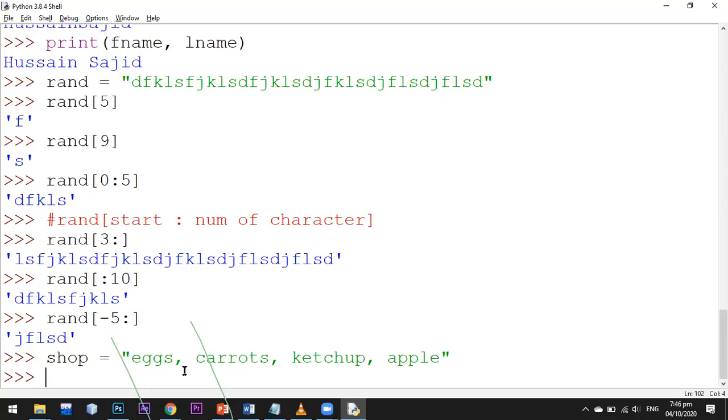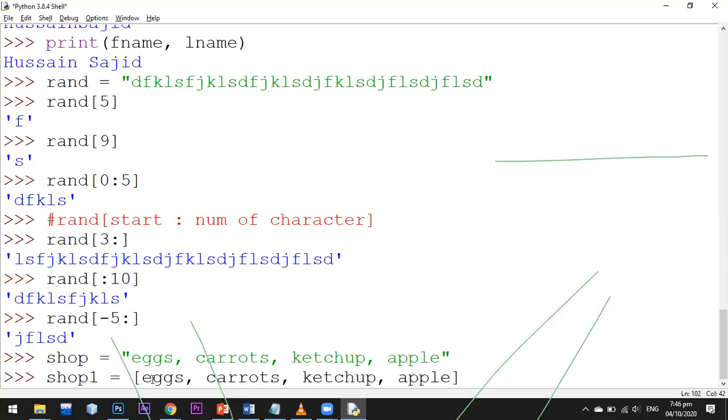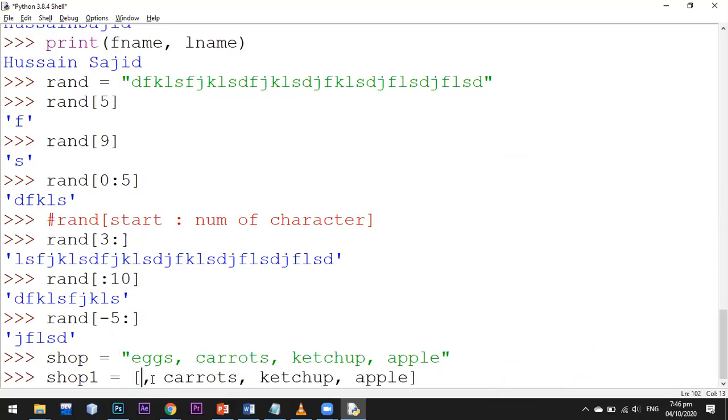So for that I have to create shop1 equals to, and put all this in square brackets, with everything in double quotations.